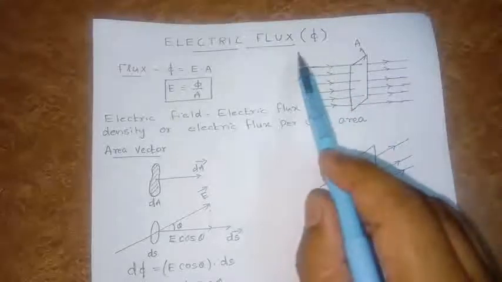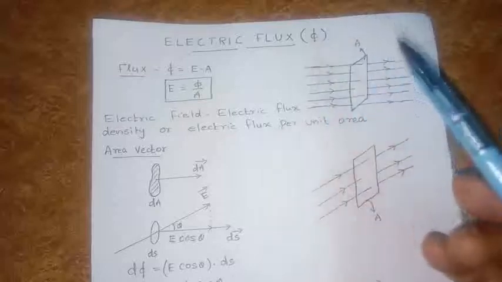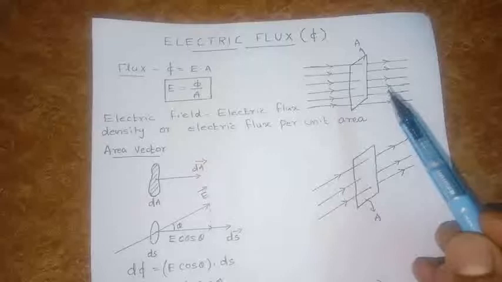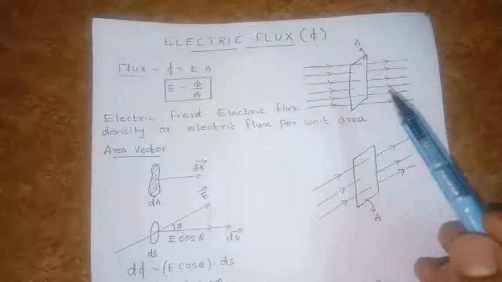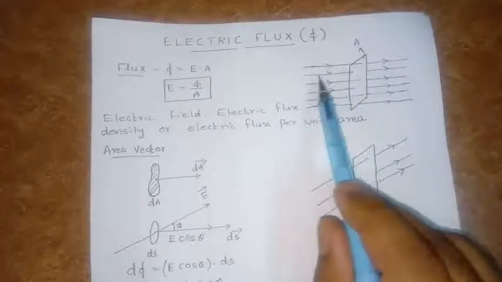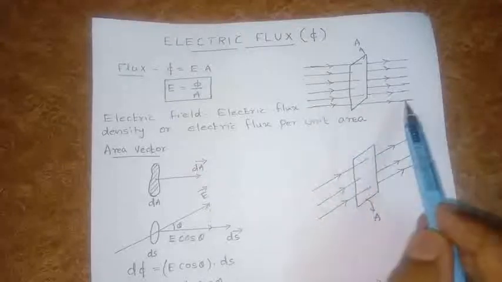Today we will be discussing electric flux, denoted by phi. Electric flux is defined as the number of field lines passing through a surface inside an electric field. Let us consider a region of uniform electric field, represented by parallel field lines